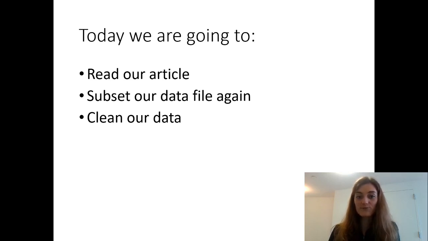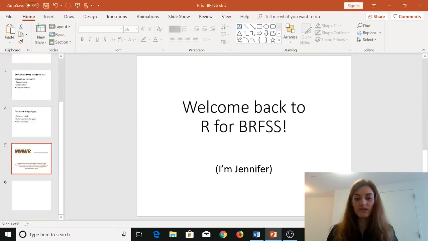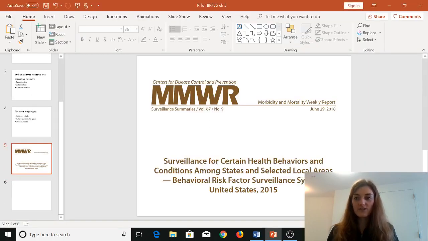Today, we're going to read the article that we're going to base our analysis off of, subset our data file again, and then clean our data. The article that we're mimicking our analysis on is the CDC report called The Surveillance for Certain Health Behaviors and Conditions Among States and Selected Local Areas, BRFSS US 2015. So let's first start by